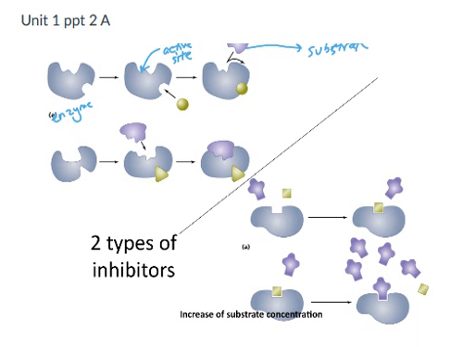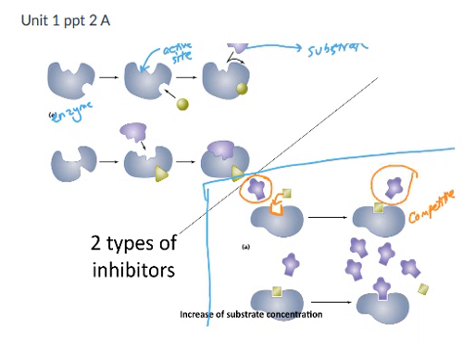So let's take a look at the picture on the bottom here to see if you remember what's happening, because there are in fact two types of inhibition that you need to be familiar with, and this is how enzymes are regulated or controlled. So again, you have the enzyme, and this right here is the active site, and you have a substrate that is binding. So in this case, this is your primary substrate that you want to bind, but instead this little square got in the way. So this is known as competitive inhibition